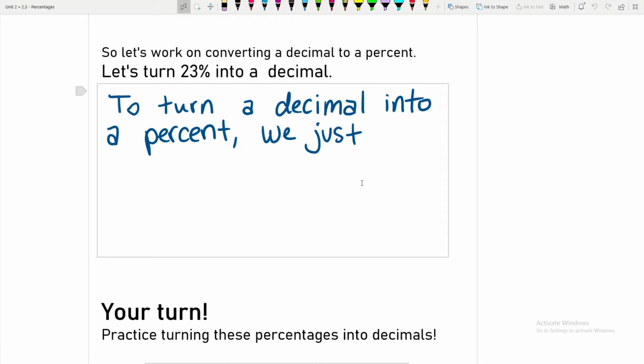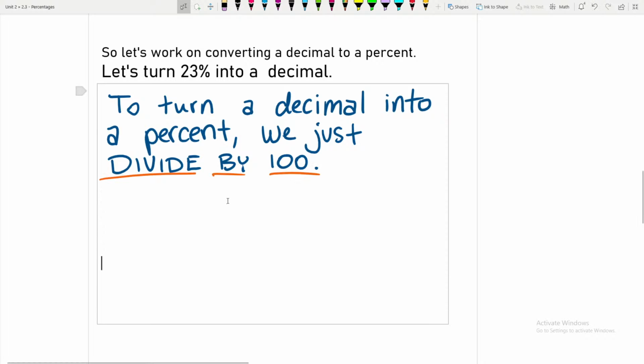And specifically, we divide by 100. Because percent means out of 100. So if we want to turn 23% into a decimal, that's no big deal. We'd say 23% divided by 100